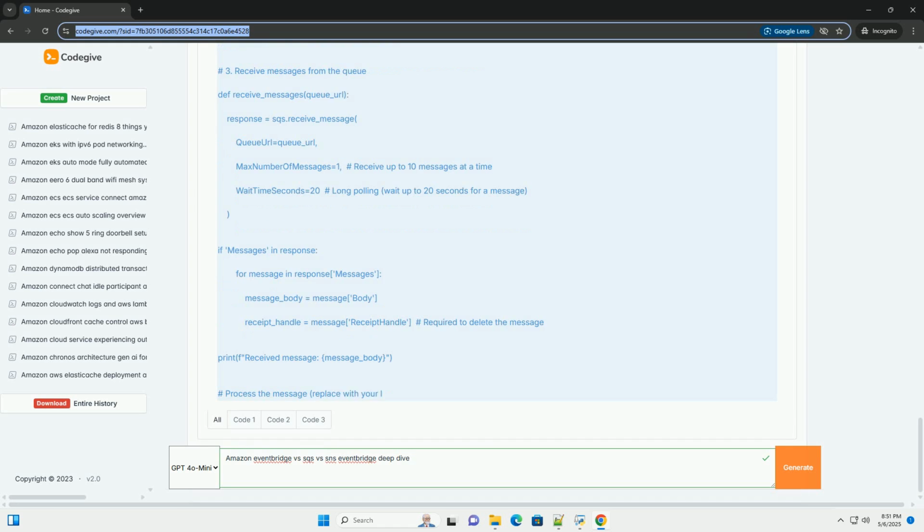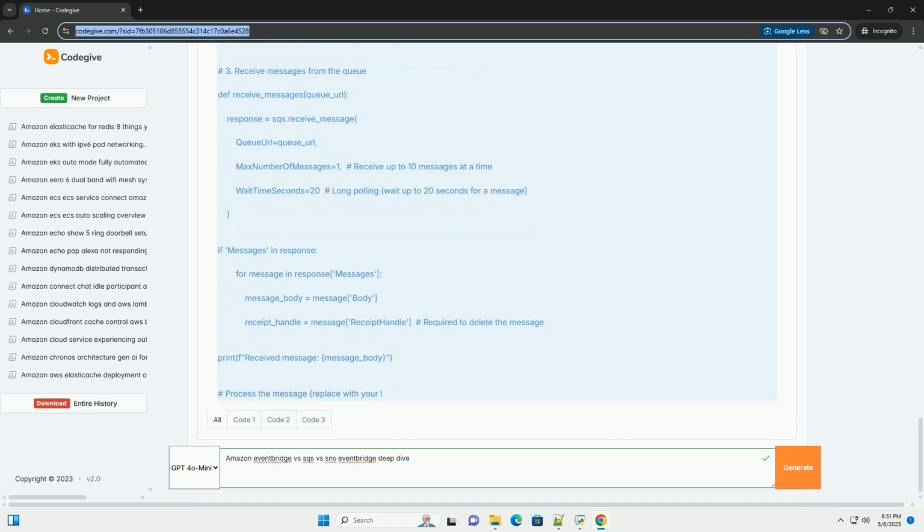Choosing the right queue type. SQS: use FIFO queues if ordering and exactly once processing are critical. Use standard queues for high throughput and when ordering is not critical. Visibility timeout. SQS: set the visibility timeout appropriately for your application. It should be long enough for the consumer to process the message but short enough to avoid delays if the consumer fails. 6. Conclusion. Amazon EventBridge, SQS, and SNS are powerful services that can help you build scalable, resilient, and